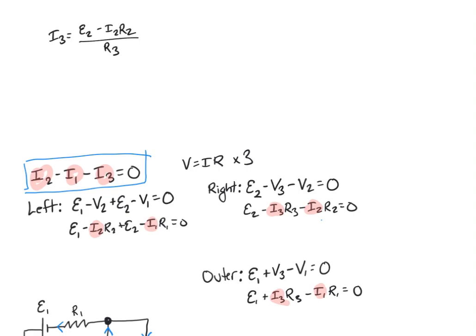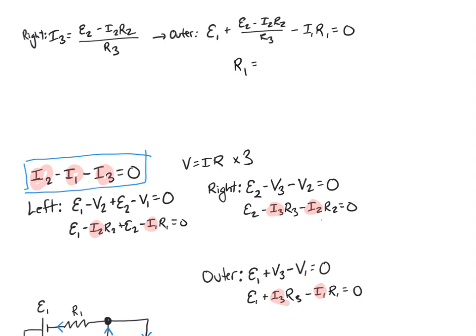I can then plug that in to my outer loop, so this is from the right loop. I can plug this into my outer loop, and that gives me EMF1 plus EMF2 minus I2 R2 over R3 minus I1 R1, and that's equal to 0. And this lets me solve for R1 in terms of I2, and that gives me